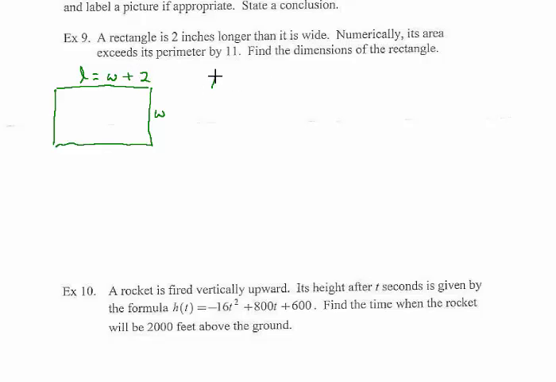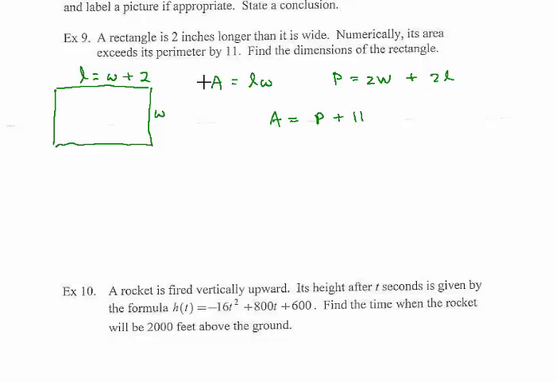And it says our area, so we'll write down the formula for area. Area equals length times width. And then it mentions the perimeter, so we'll write that one down too. Perimeter is 2W plus 2L. So numerically, its area exceeds its perimeter by 11. So area is perimeter plus 11. Okay, and then it tells us to find the dimensions of the rectangle. So we have to sort of join